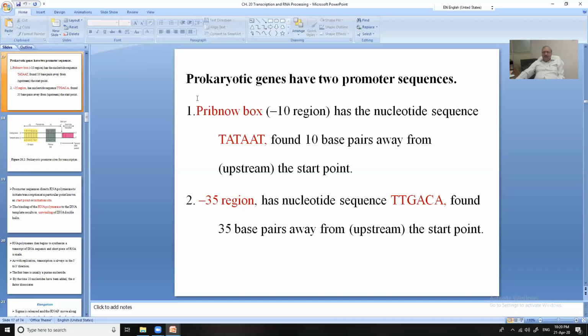So these are the constituents of the promoter. If the Pribnow box and the -35 region are there, then RNA polymerase will bind, and this correct binding is ensured by the sigma factor, which brings the enzyme into close vicinity of the Pribnow box and -35 region. Only then will RNA polymerase bind to the DNA and start the actual transcription.